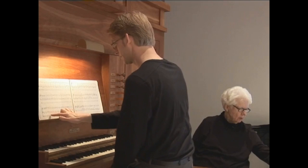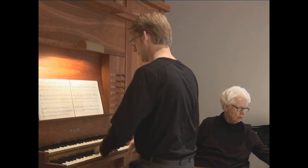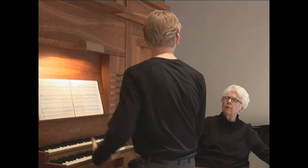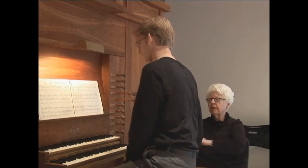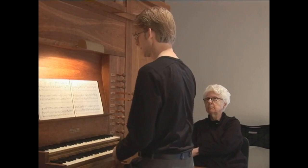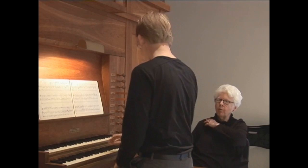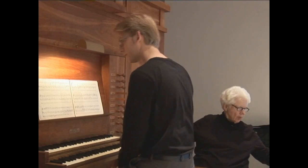When the pedal continues in 33, with all the moving notes, it's almost the opposite problem. You've got the right hand and long notes and the pedal and moving notes. Yes, and what is it that you're sensing there? I begin to tighten in my right shoulder, actually. For both of those places, the sixths in the right hand, 34, 33? I mean,